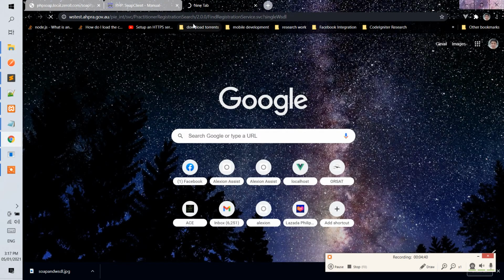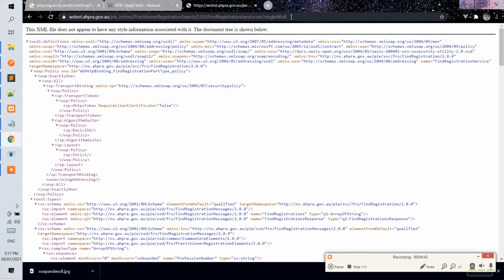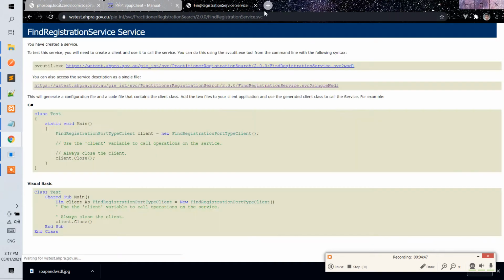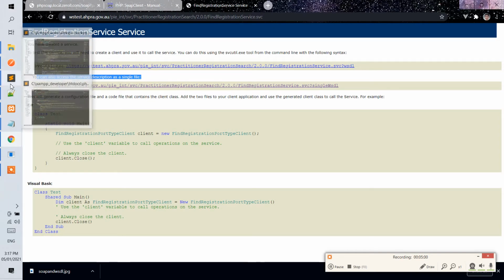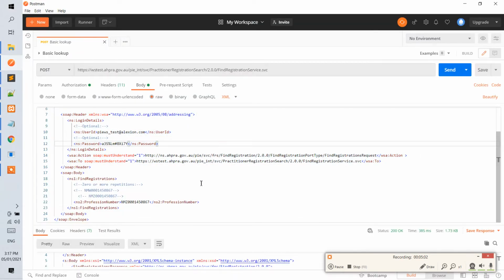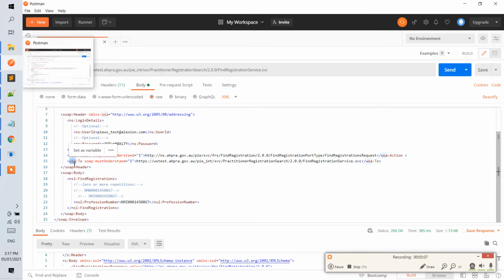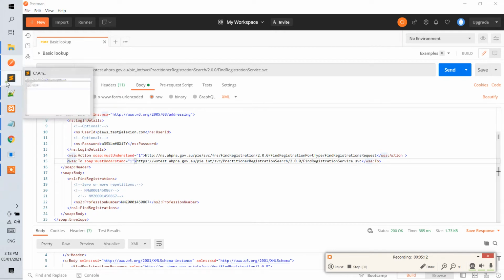We go to the site, single WSDL, and then service. You can use this. The site is telling you that you can also access the service description as a single file. So we will use the single WSDL file. So now in the development of SOAP, there's a WSA, and in using the WSA as a required field parameter for the header,